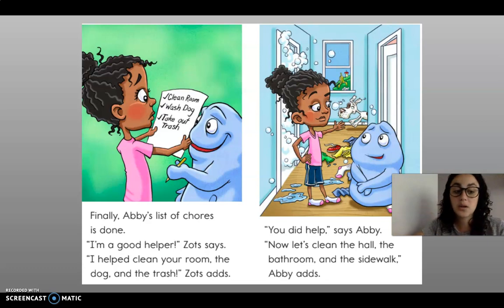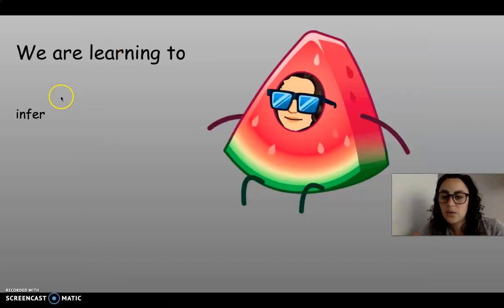This was a great book. I had so much fun with you. And now we know how to infer, or the other way we could say it is make an inference. I want you to be inferring about texts, about the world all the time. It doesn't even have to be about books. It can be about experiences you have, people you know, conversations you have all the time. Notice what your brain is doing when you make inferences.